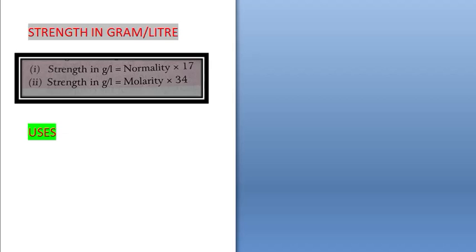So this is the chapter, this completes your chapter hydrogen. You just revise the notes that have been given to you and go through the question answers given behind the chapter in your book.